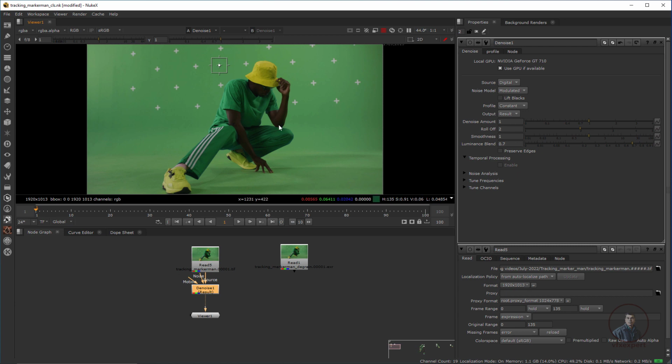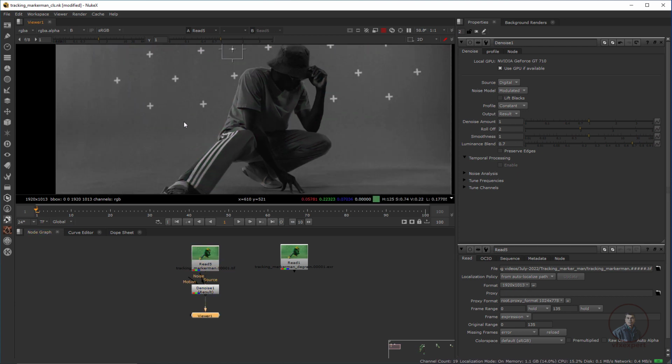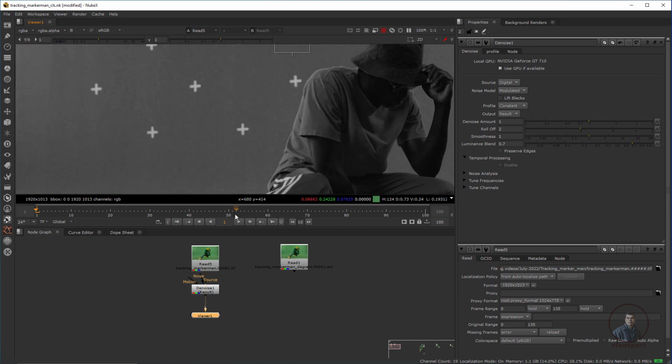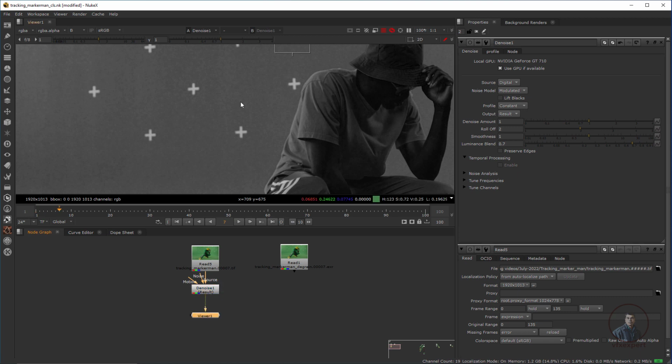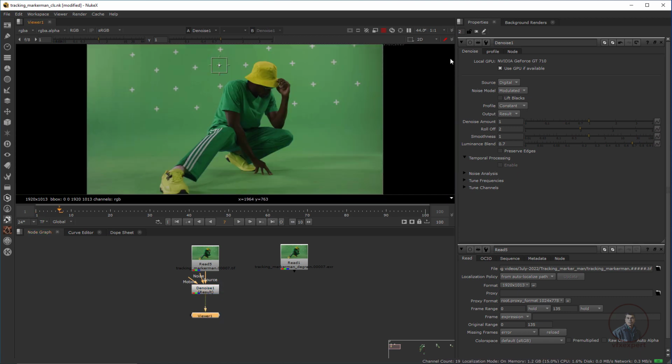Now if you compare before and after, this is your plate, select this one, press 1, now press B. In the blue channel you can see these are our grains. Then after applying this denoise node, this is our degrain plate. Now again press B. Then, if you want, you can export this degrain plate and re-import it to continue your work, because this denoise node is a little bit heavy. So it is better to first export this degrain plate, then re-import it inside Nuke.